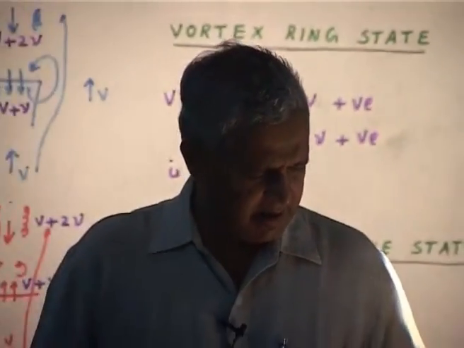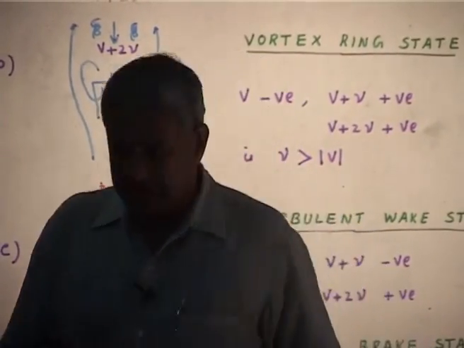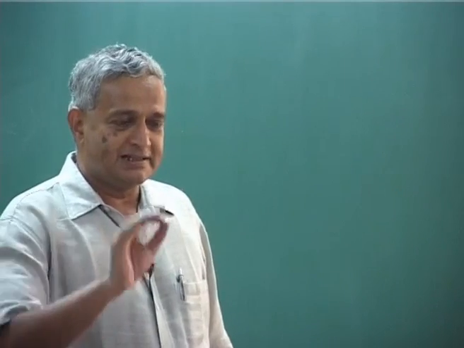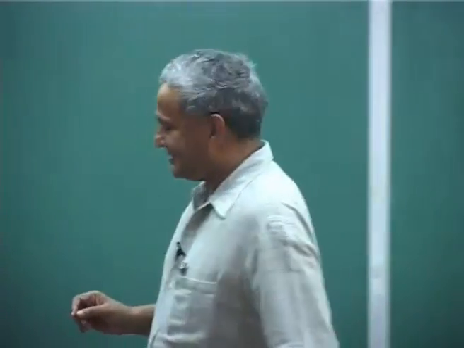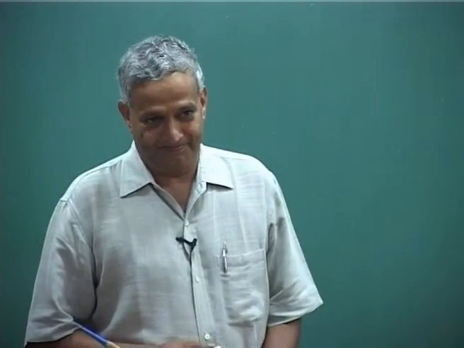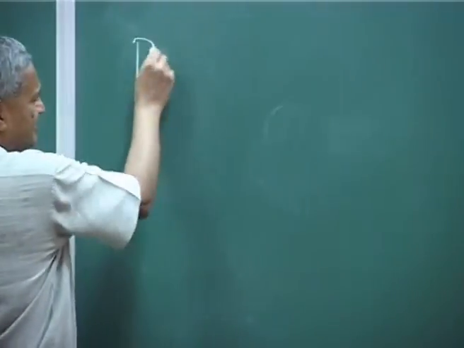Now, I just want to mention, because there were some questions last time, I want to clarify the auto rotation. When we mean by auto rotation, it is a particular condition. That condition is the power that is given to the rotor is 0. So, the power to the rotor, you can say P shaft,